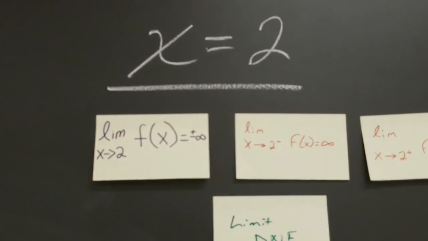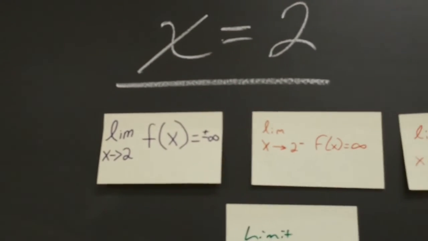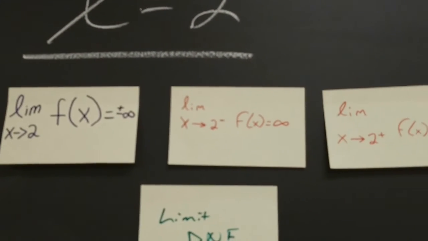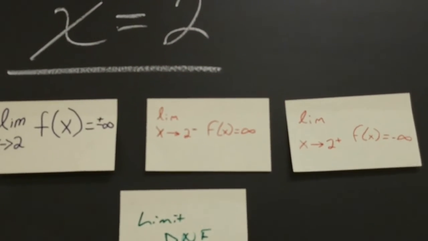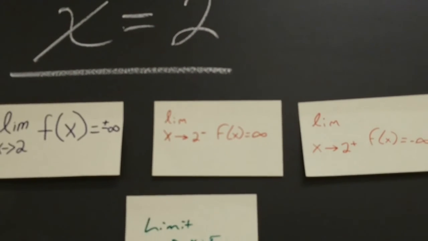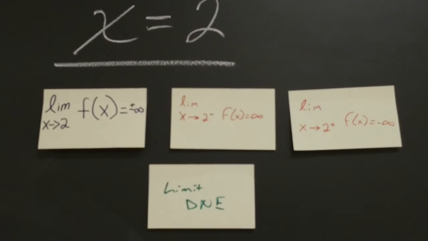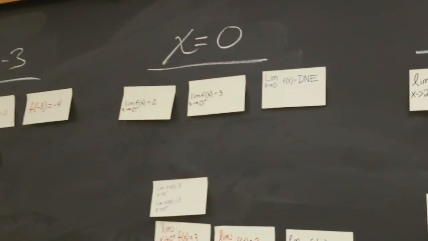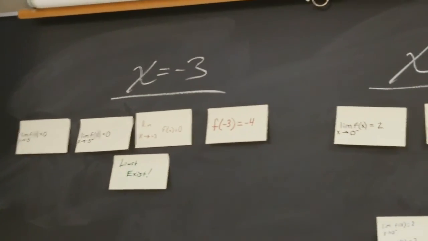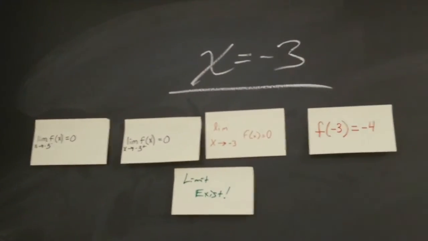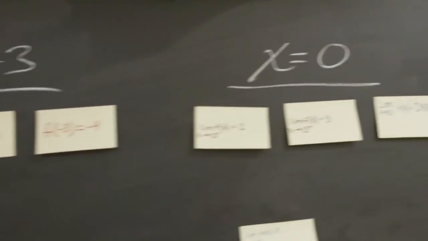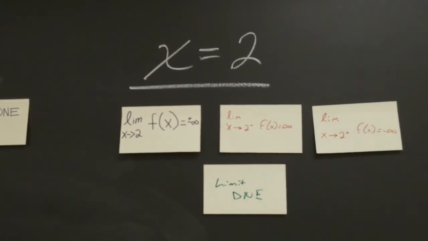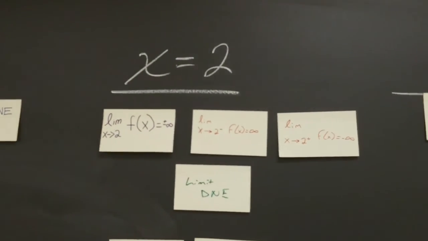At x equals 2, we have a familiar occurrence. It's obviously a vertical asymptote. And we can denote that by saying that the limit is equal to infinity. Now, when the limit is equal to infinity, that also implies a discontinuity. The discontinuity would be an infinite discontinuity. Each one of these limit statements describes a discontinuity: a point discontinuity, a jump discontinuity, and an infinite discontinuity. We'll talk more about each of those in the next video,